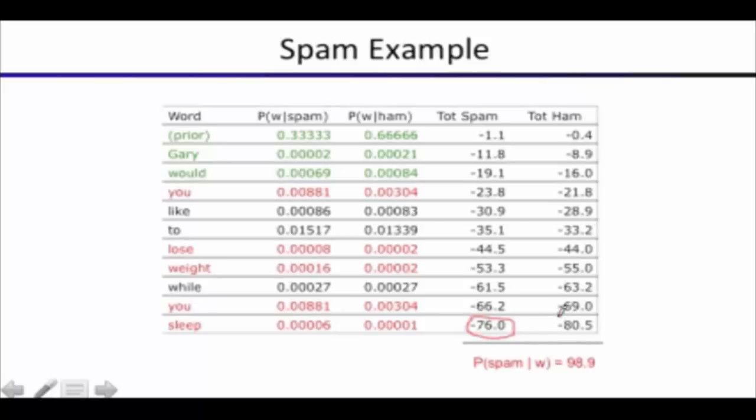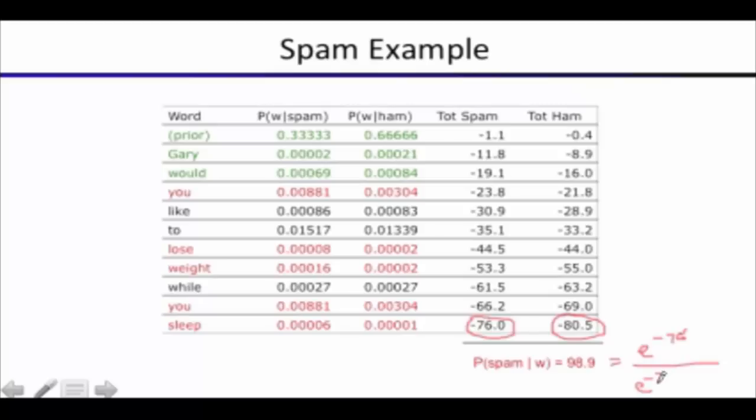If you take the exponential of this one here, you'll get the probability that it's ham and all those words occur. So if you take the exponential of these two, you're going to get 2 numbers. And then you divide through by their sum to normalize it, and that's where this will come from. So this is going to be something like e to the negative 76 divided by